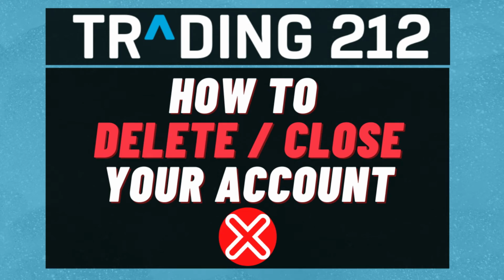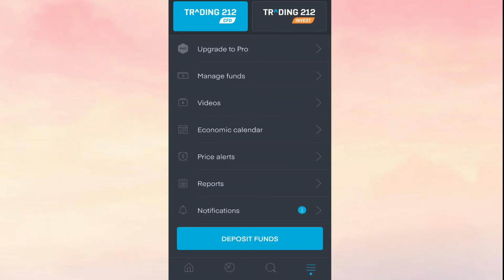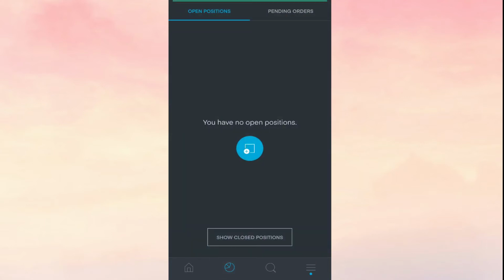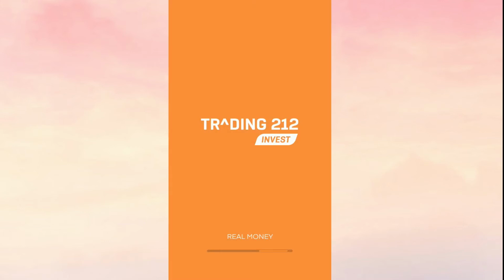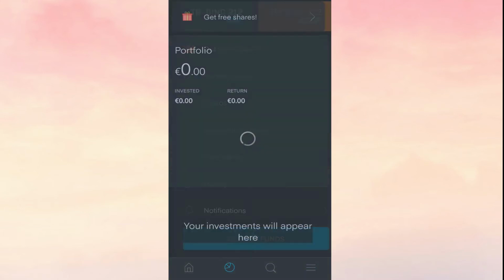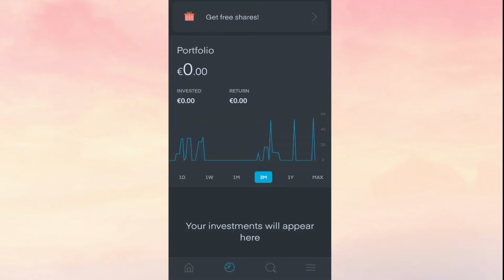Today we're going to take a look at how you can close, or in other words, delete your Trading 212 account. So if you wish to close your Trading 212 account for whatever reason, there are some important steps you should take beforehand. The first one being that you should make sure you've closed all your currently open positions, whether this means selling all your stocks on your investing account, moving them to another broker, or closing all your open